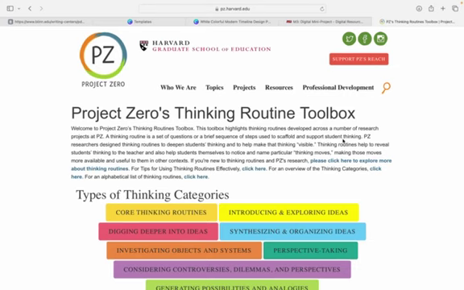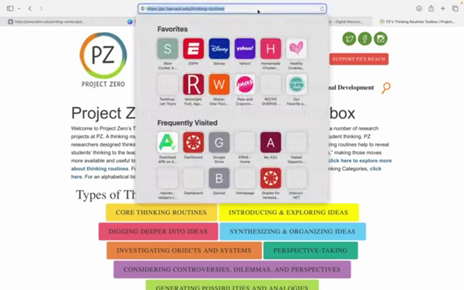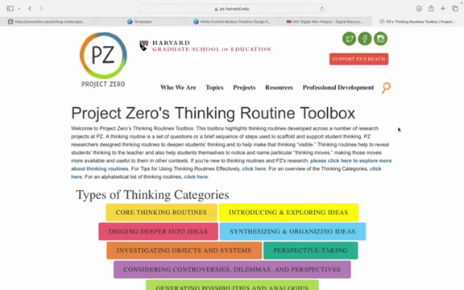So the first resource I chose is a free resource, and the URL is right here at the top. I would copy and paste this into a browser, or you can bookmark it. It's pz.harvard.edu/thinking-routines. This website is actually created by the Harvard Graduate School of Education, and it is a thinking routine